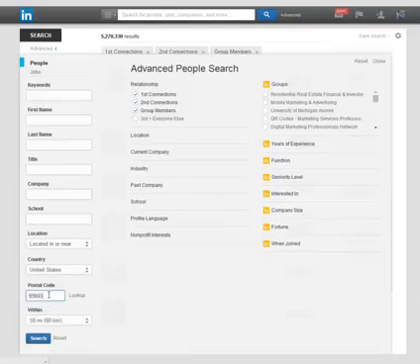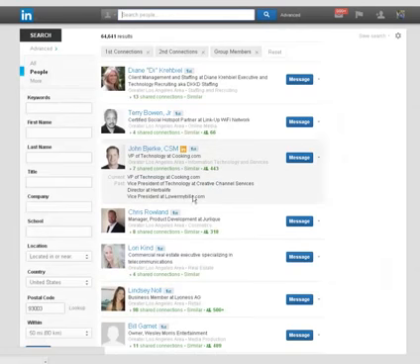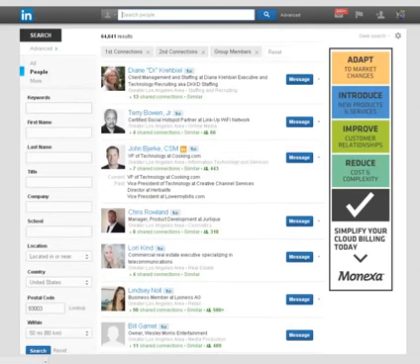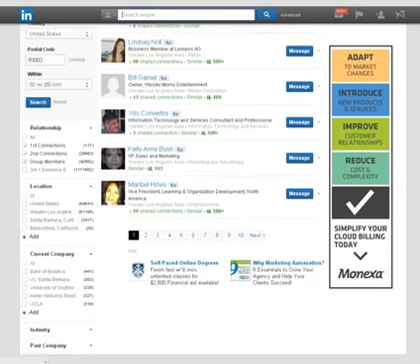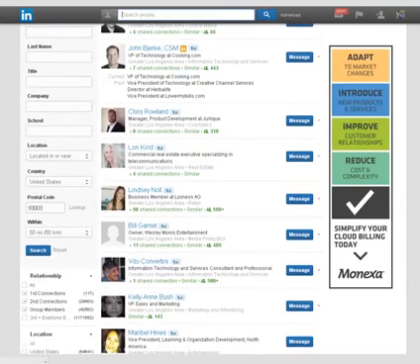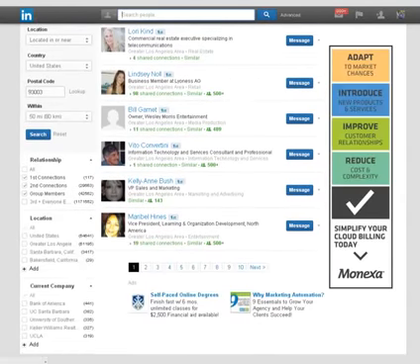You can put in keywords, but you can also do this. Look at this. This is cool. 93003, that's my postal code. As soon as you put in a zip code, you can say, I want to search within, let's just say 50 miles. And I'm going to go ahead and hit search. So now that's going to pull up all these people within a 50-mile radius of me within my network.